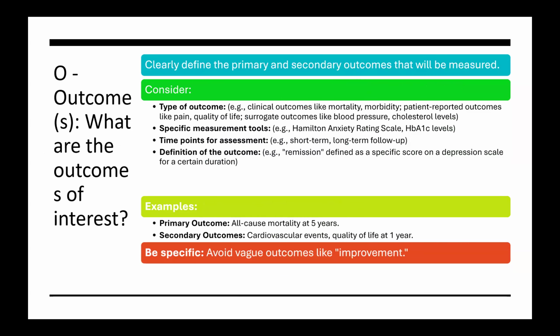Then outcome. Now this is what you are interested in, the outcome of interest, the result of what you are looking at, the output. For example, the reason why you are introducing the intervention could be to check, does it reduce hypertension? Does it reduce blood pressure? If you introduce mechanization, does it increase the yield of the farm? And when you are talking about mechanization now, you look at